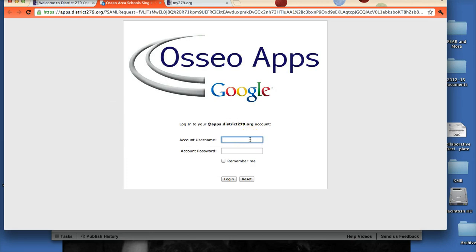Log into your OSSEO Apps account with your apps login and your regular district password. I always click Remember Me so that I don't have to go back and type in that apps.district279.org email address. Even though it's listed right here above it, I always have to stop and think.